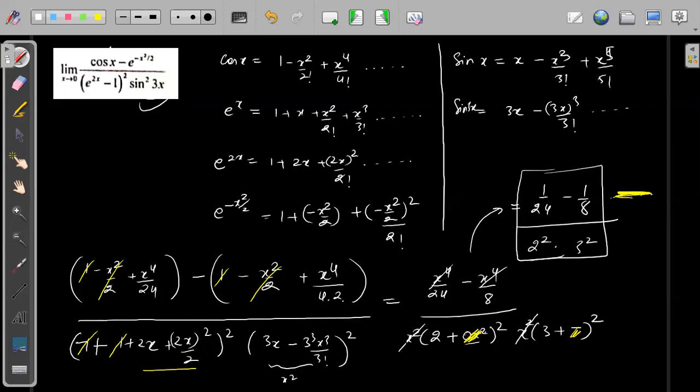Now, if there is an x to the power 4 common in the denominator, 100% there will be x to the power 4 common in the numerator. Otherwise, the limit will be not existing or 0. Suppose in the numerator you had x to the power 5 and the maximum power you can take common in the denominator is x to the power 4. When this cancels out, you will have x in the numerator, so the limit will become 0. The limit can be 0 also, there is no problem with that. So the maximum power you can take common from the denominator will help you in understanding till which term.